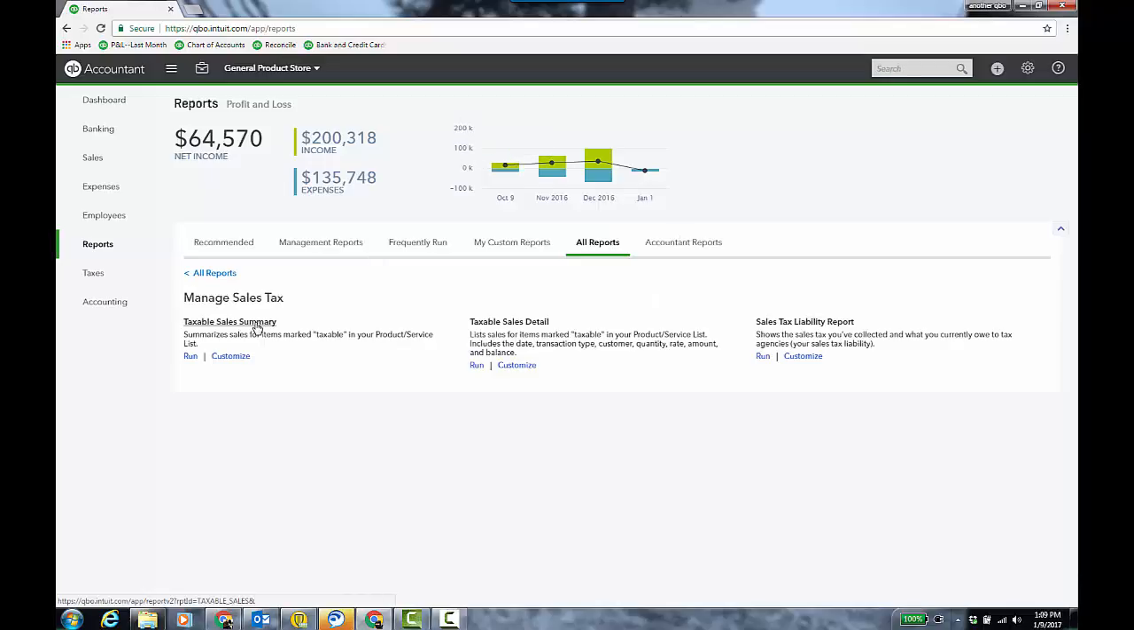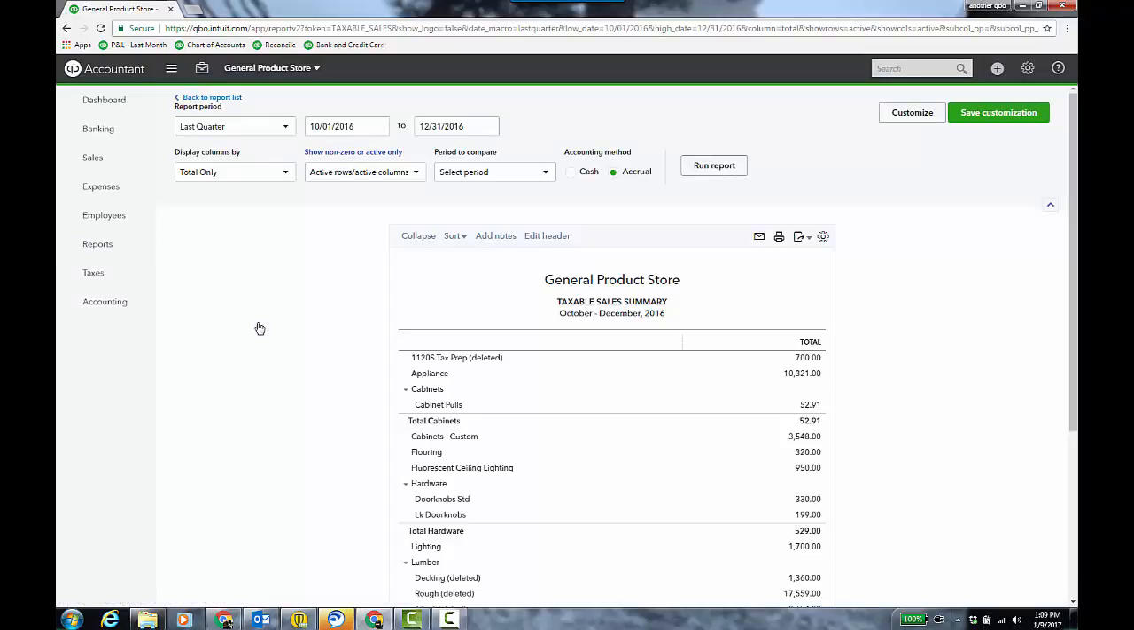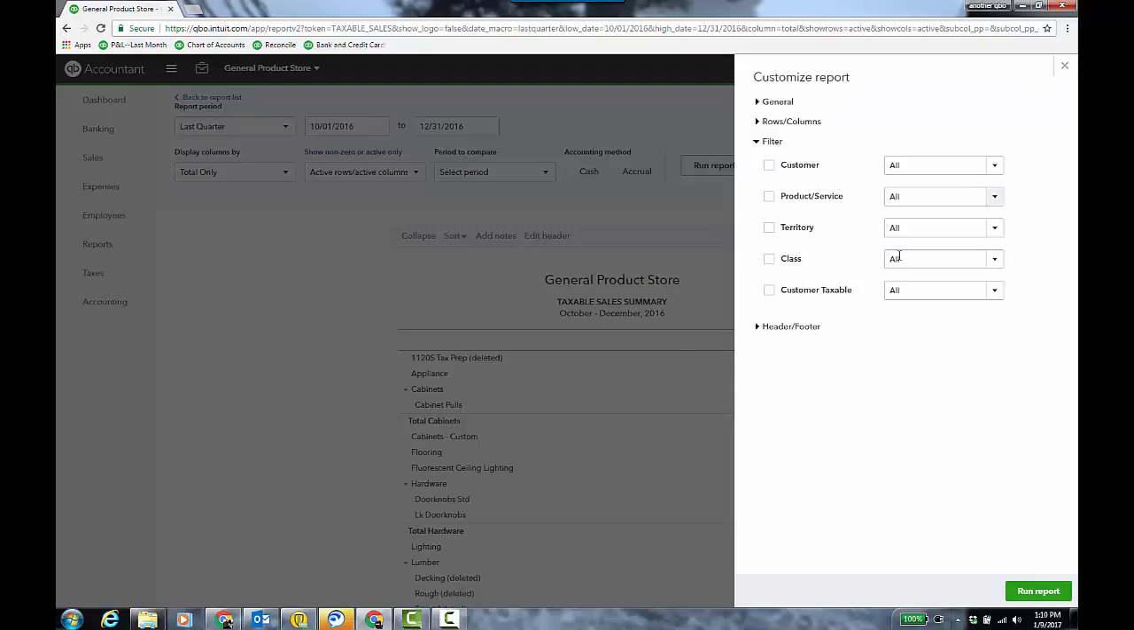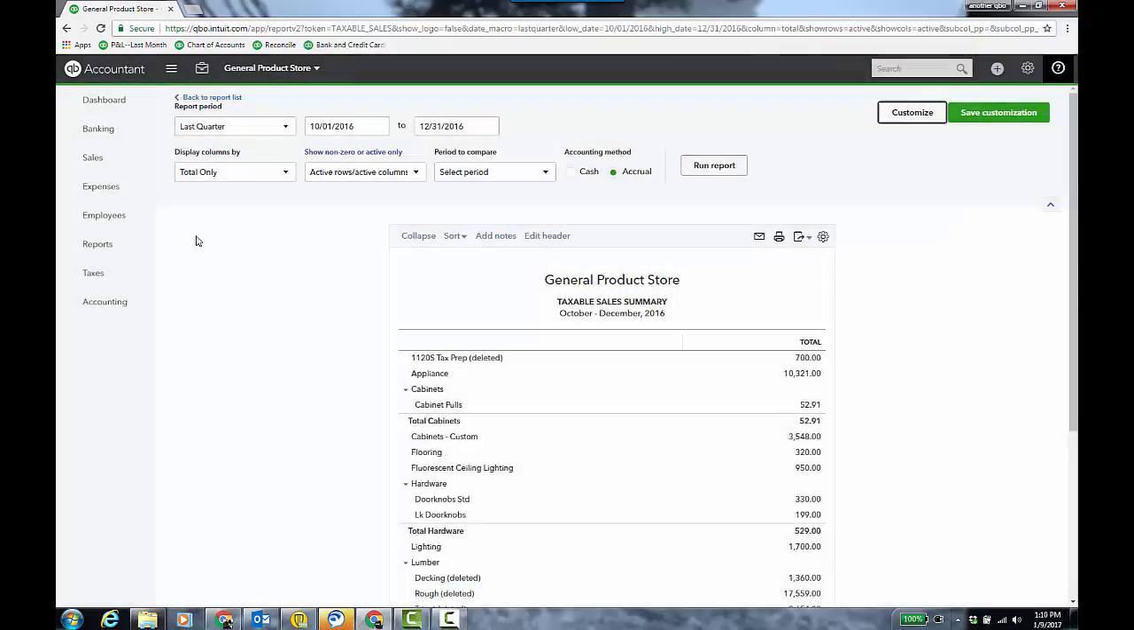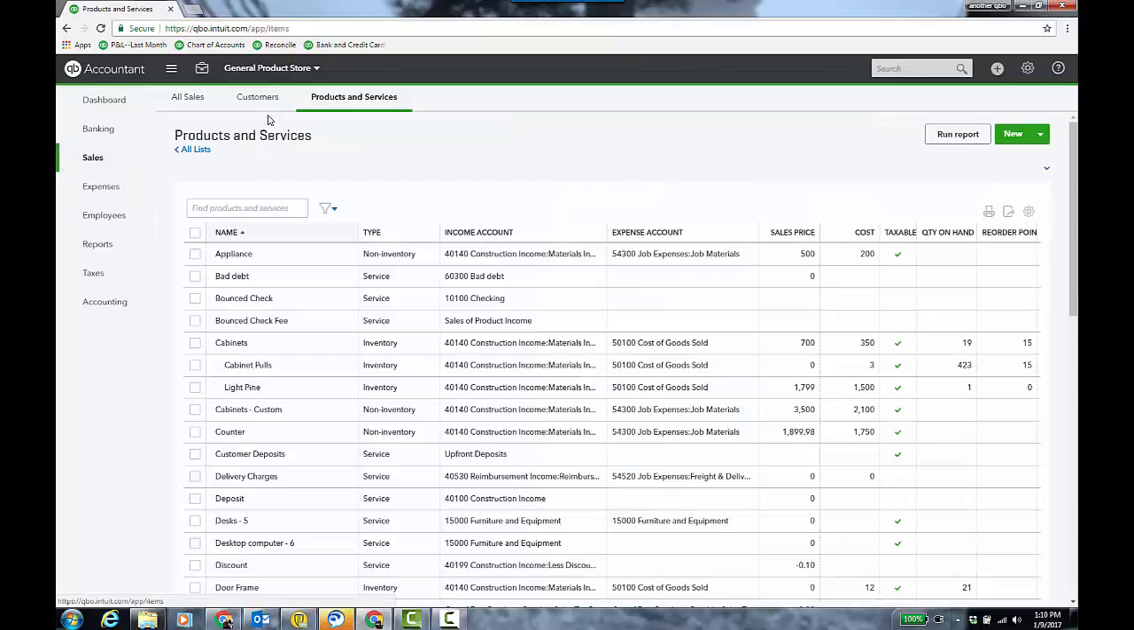Or some will use the taxable sales summary report as well, customize this. And again, whether customer is taxable or not, that can help to filter that for more of a non-taxable sales summary, if you will. Because at the customer level, if we go to sales and we look at the customer list itself,